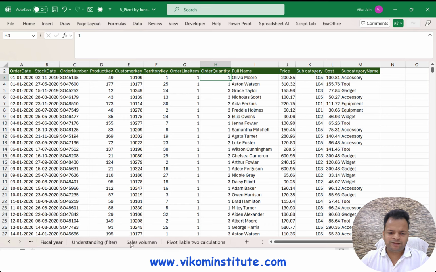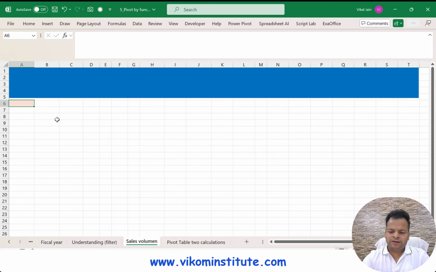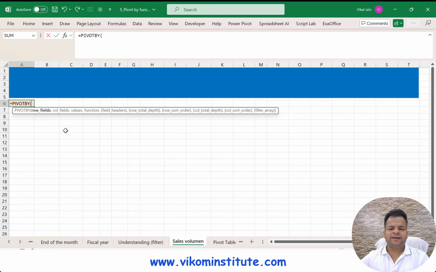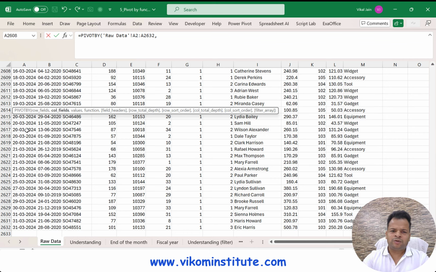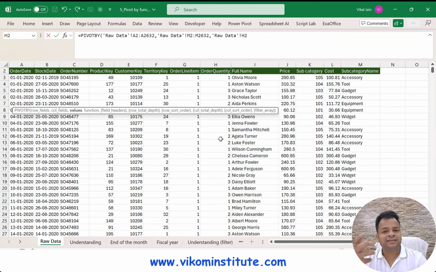That is very simple. Here I'm going to use PIVOTBY, and for the row field I'm taking the same concept. I am taking the dates, comma, here is the column, comma. Now this time for values, we need to take the sales volume.